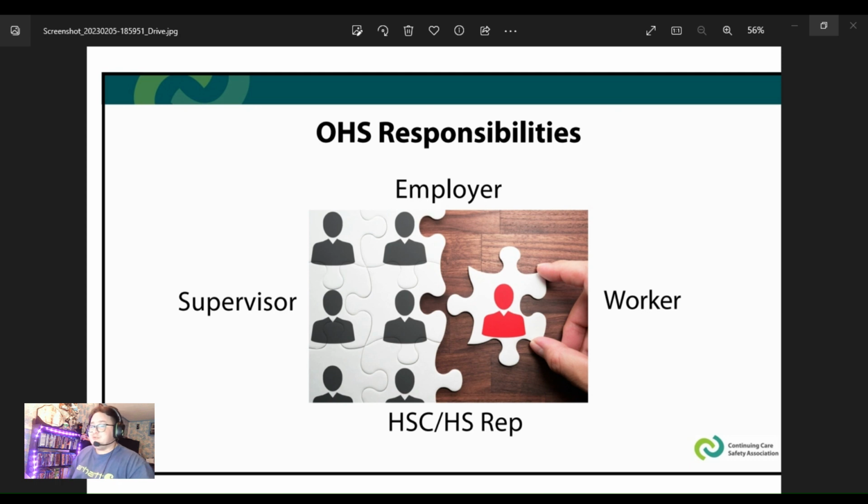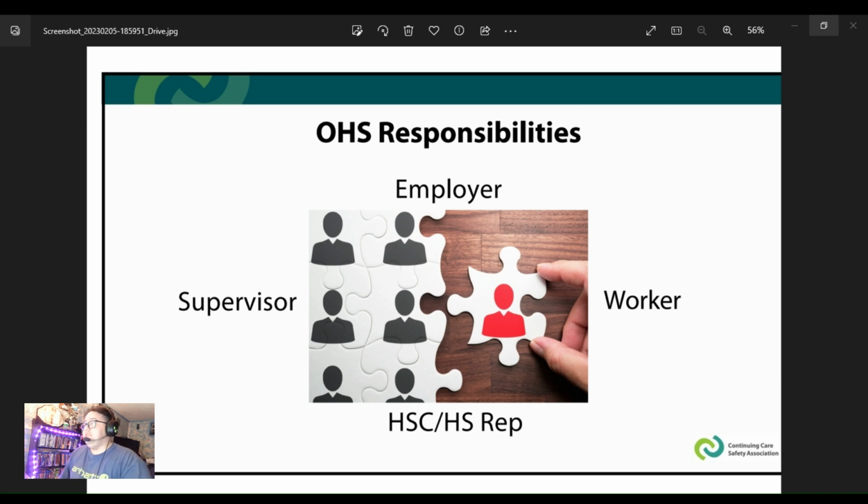So this one's pretty familiar too. I think it was from the hazard assessment. So as a review, let's go over it. So first we have the occupational health and safety responsibilities. The employer, their responsibility is to ensure the safety of everyone at the work site. So employees, visitors, contractors. They also have the added responsibility of making sure that all health concerns are resolved in a timely manner. Used to be like 30 days that they legally had the requirement to do that, but timely manner was substituted, so it could be 90 days, 6 months, who knows.